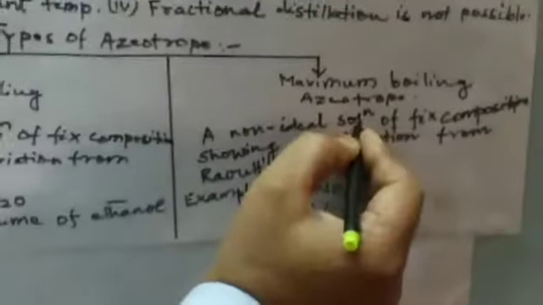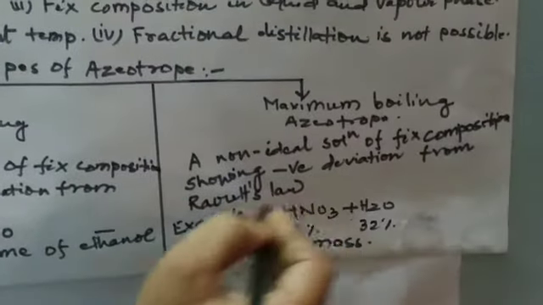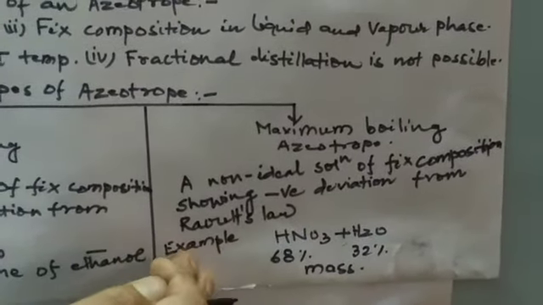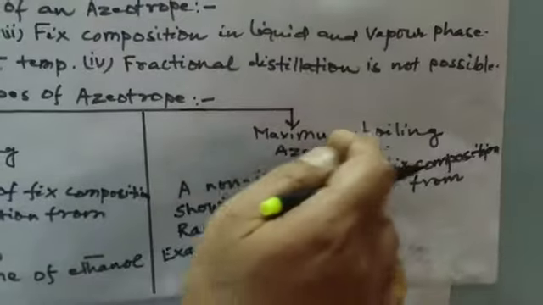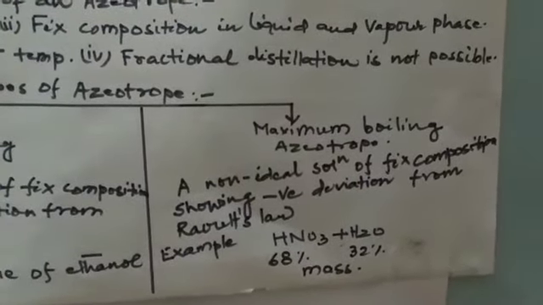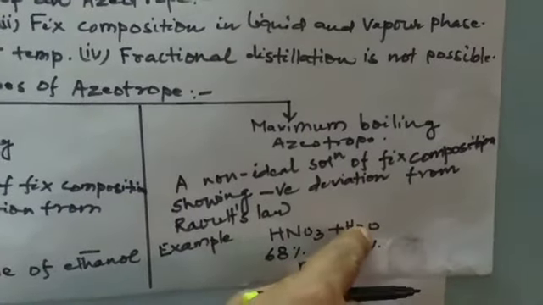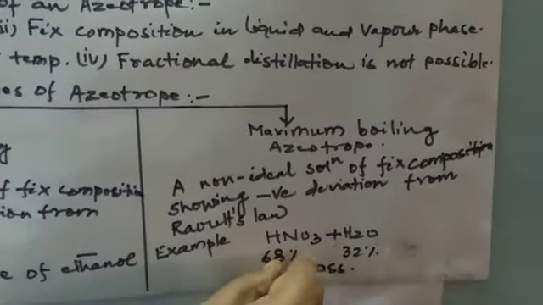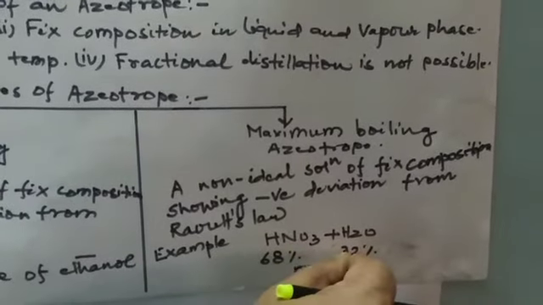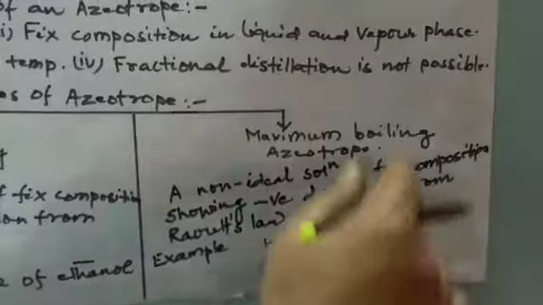So a non-ideal solution of fixed composition showing negative deviation from Raoult's law is said to be a maximum boiling azeotrope. And a very common example is 68% HNO3 solution in water. That means 68% HNO3 and 32% water by mass is the maximum